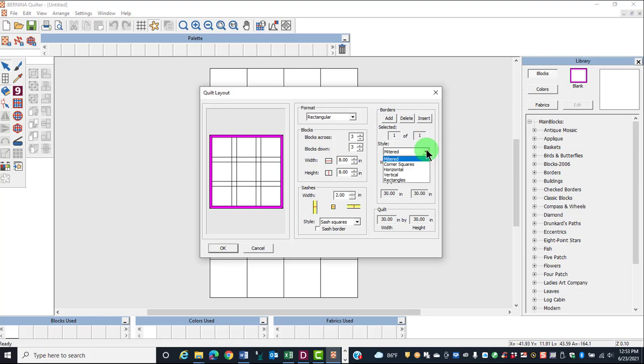There are 5 different styles of borders. With some of the borders, you'll have additional controls. For example, with rectangles, you can choose the number of rectangles both across your quilt and down your quilt, and also change the size of these rectangles. You can change the border size,